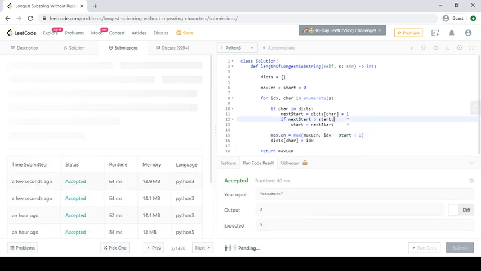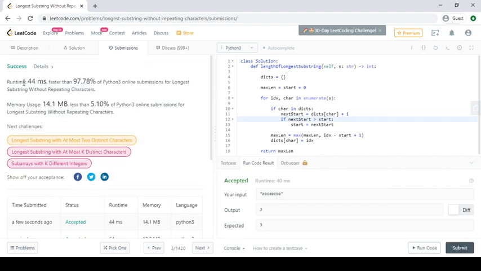Okay. So you can see now it is pretty good. You can see the maximum is 97 percent.